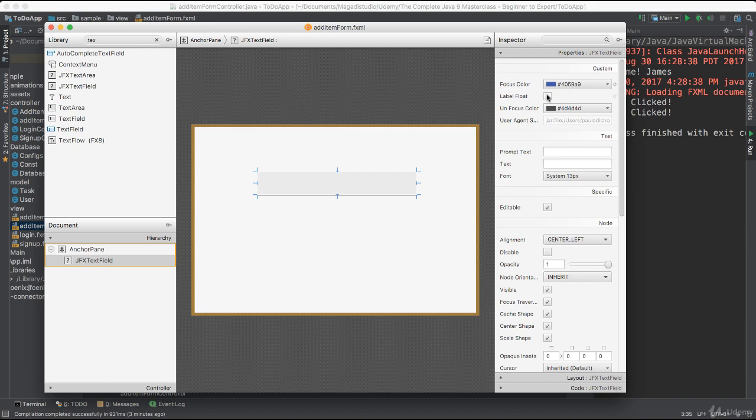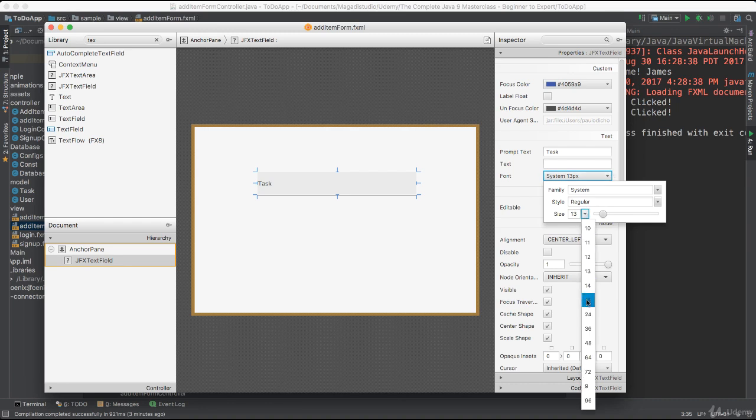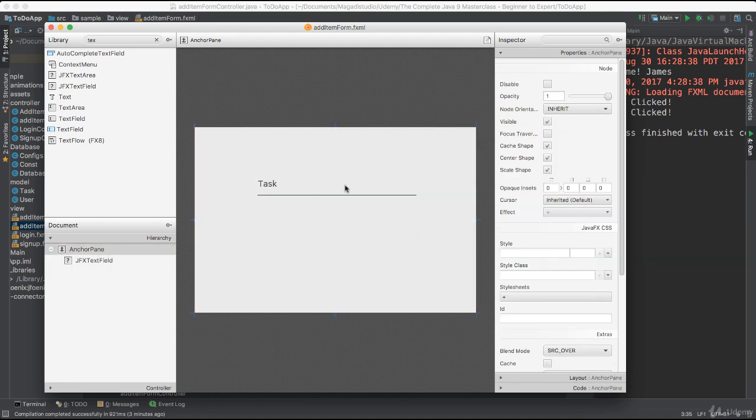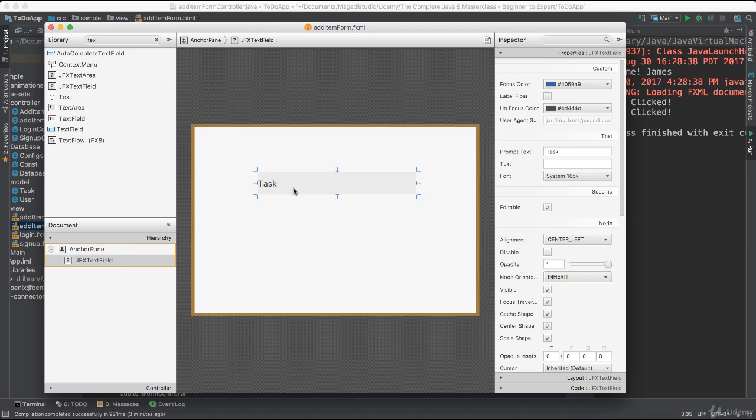Going to be pretty big, and I'm going to say task, like such, okay? And then I'm going to copy this, and I'm going to say this is going to be description,